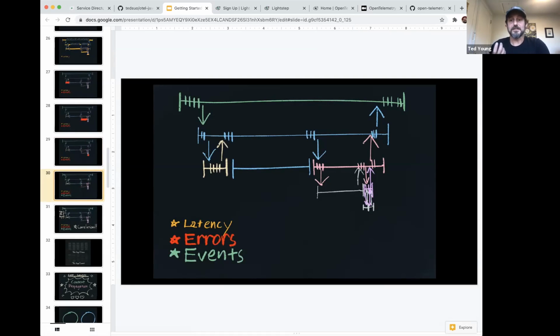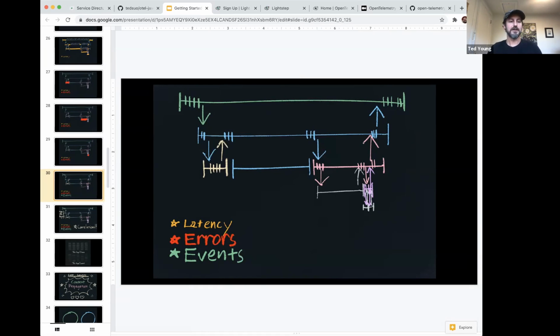So these events are basically logs, right? This is what you'd normally be doing, or at least what I used to traditionally do, is just log all over the place. But the problem with those logs is they're not necessarily contextualized, or they're not easily contextualized.